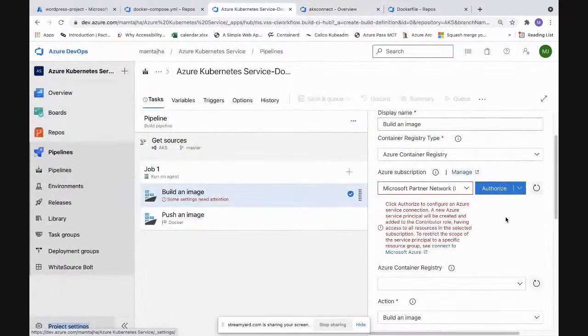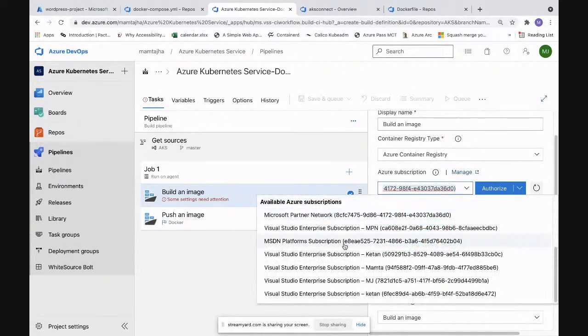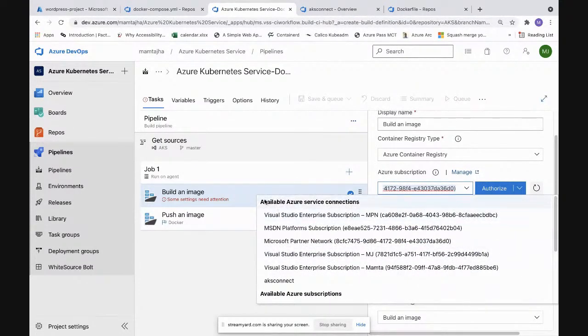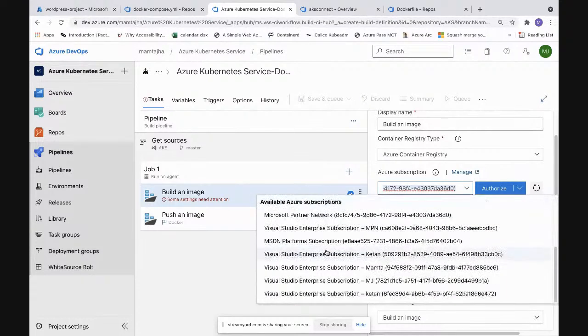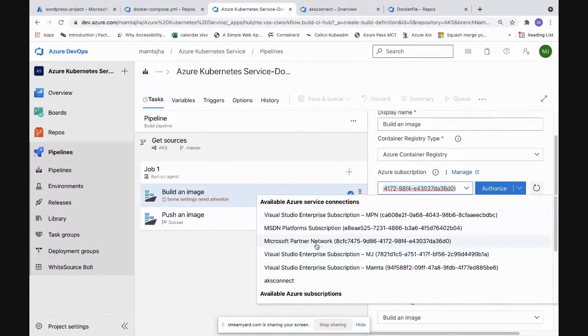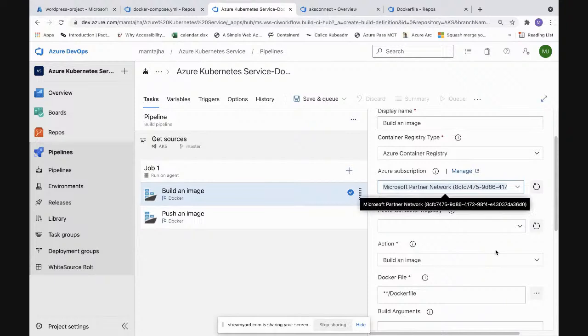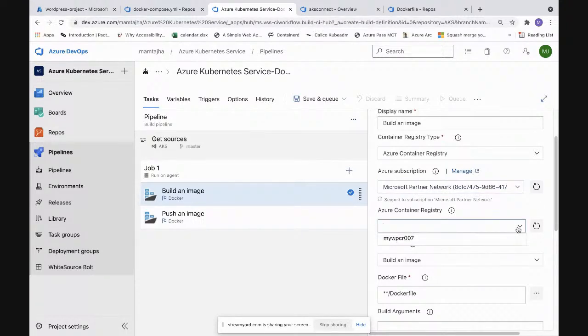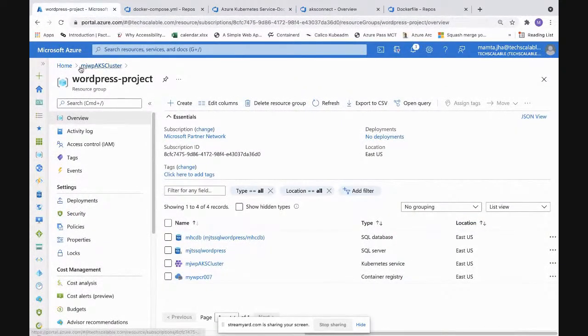Now going back to this. If it is already created once, you can see here it says you already have this authenticated. You don't have to do that. Once it is authenticated, it would be visible as Azure Service Connection. Till the time it is not authenticated, it would be in the second dropdown. So I'm picking up my application subscription in which I would want to deploy my application. Container registry name should automatically pop up in case ACR is present. So here, ACR came in the dropdown because Mamta has already created an ACR.